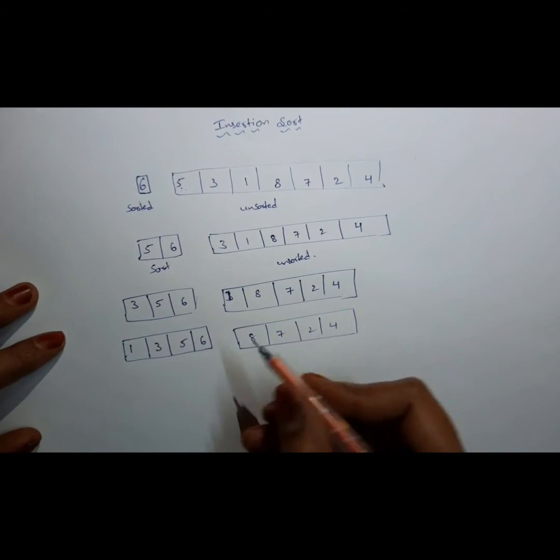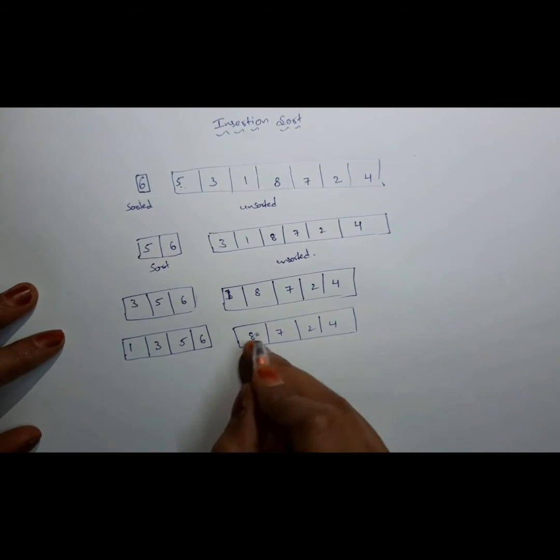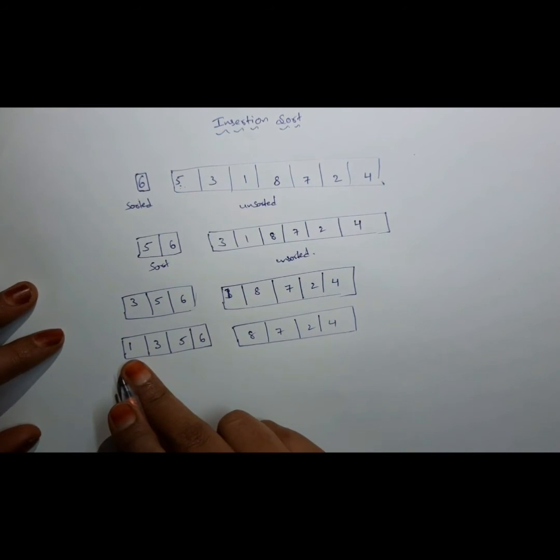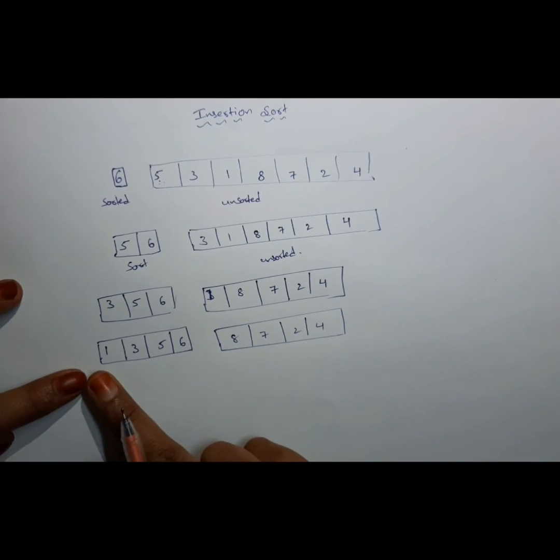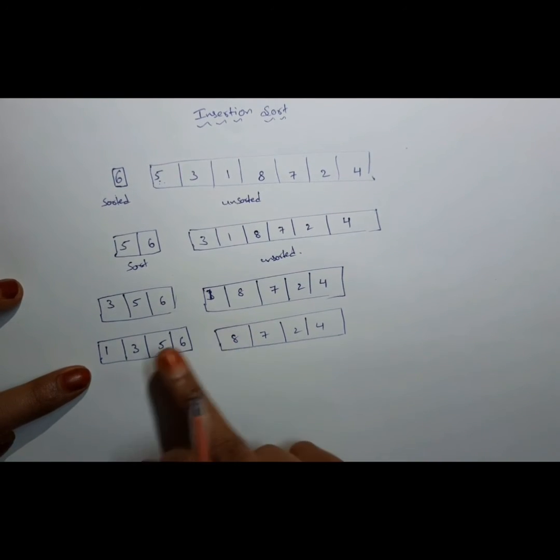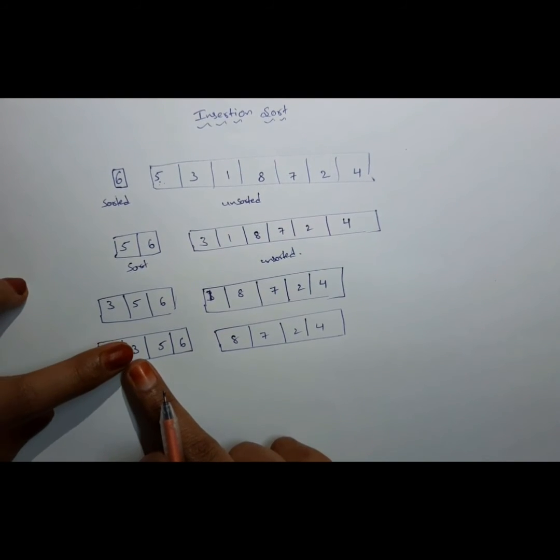Now I need to consider the element 8 in the unsorted list, and I need to compare 8 with the elements in the sorting order. Okay, 8 is greater than 1, so here we are not supposed to place 8 in this position. So I am comparing 8 with 3, the second element in the sorted list. Okay, 8 is compared with 3. 8 is greater than 3, so I am not considering this also.